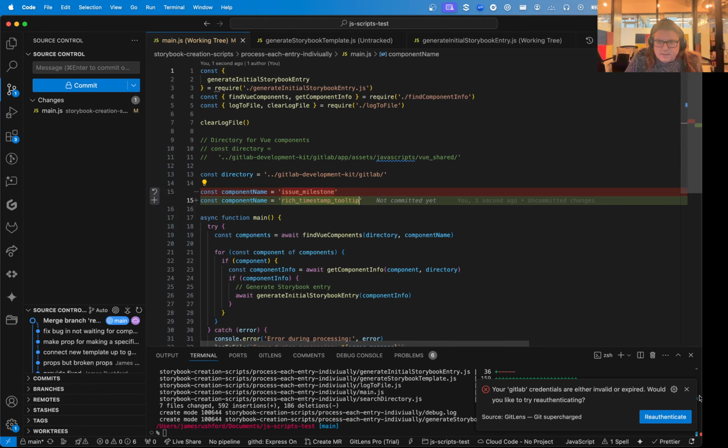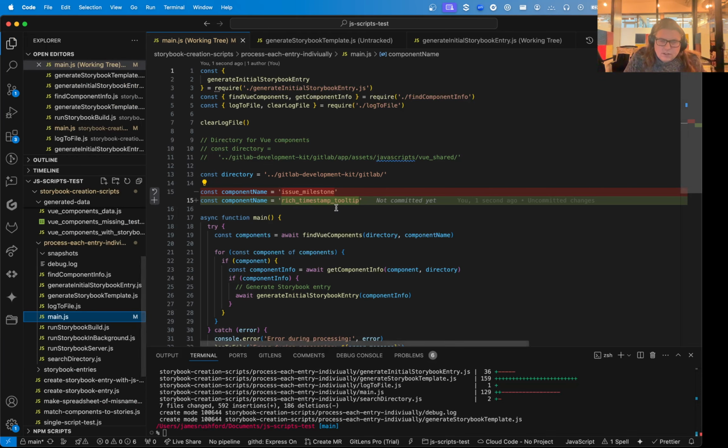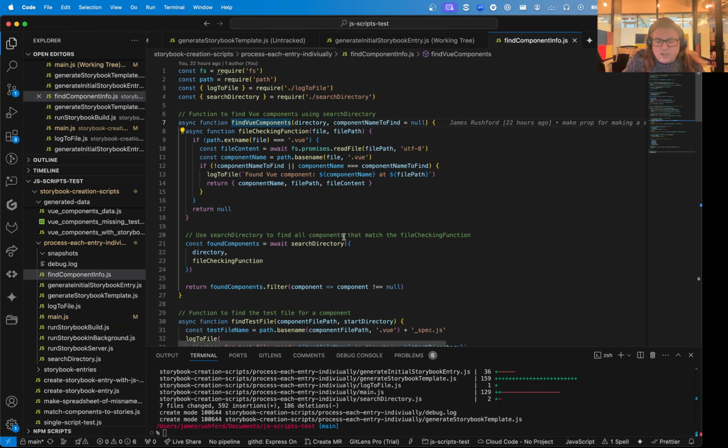Okay, so I'll walk you through how this works because it's pretty interesting. First it tries to find view components. It's going to try to find all components unless you give it a component name to find, which is what we've just done. So if the component name is equal to the component name we've sent, it's going to